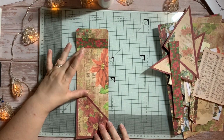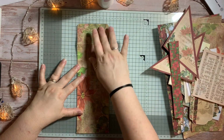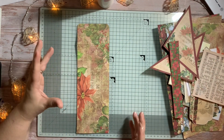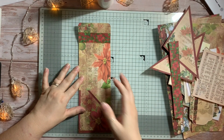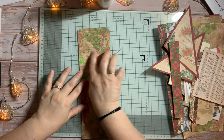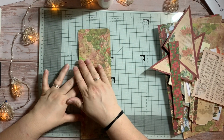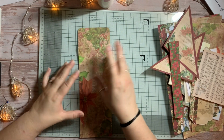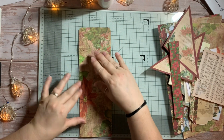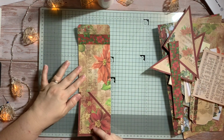Okay, so we know our notebook is going to be here, which means that we've got a little bit of decorating to do on the back. Now, because our notebook's going to be here and I'm going to be sewing it in place, I know that there is going to be some stitching, some thread here. Until I've done it, I don't know what that thread's going to look like, but the likelihood is that I'm going to have to cover that. So I'm going to leave this section last of all until I've put the notebook in place,